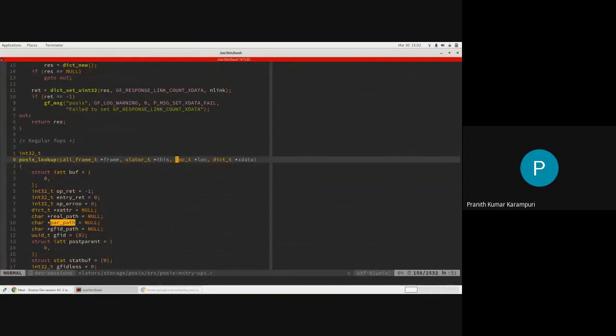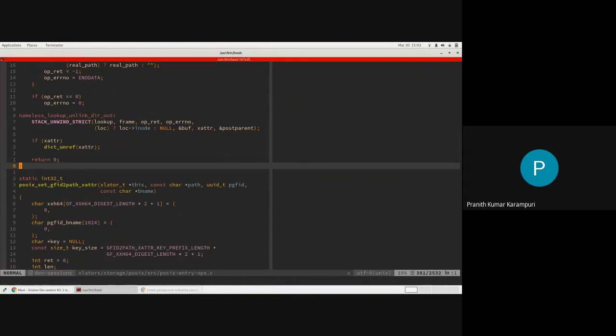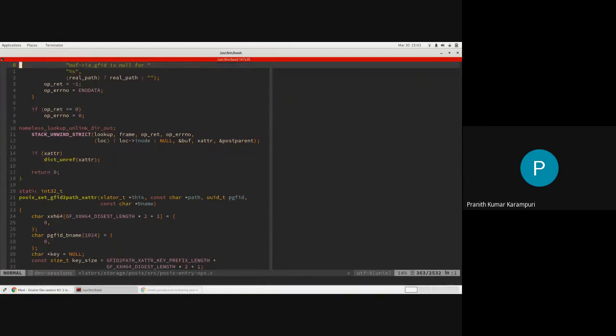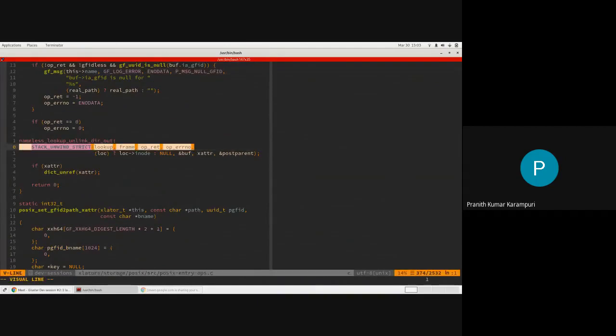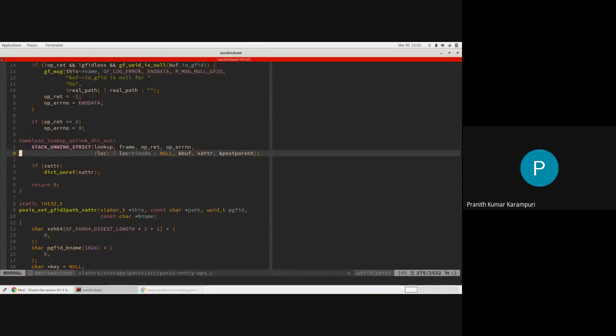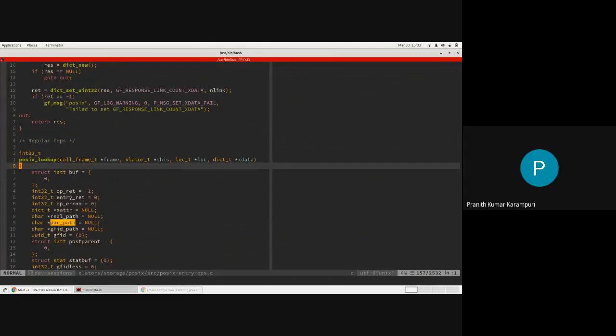Okay. So essentially in a lookup, given a LOC, it has to find out all the information that you need to create an inode. There is this concept of stack winding and unwinding, which we will discuss in the fourth session, along with frame pointers and all that.